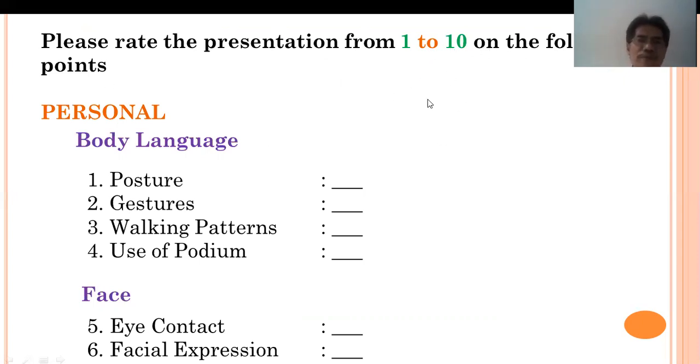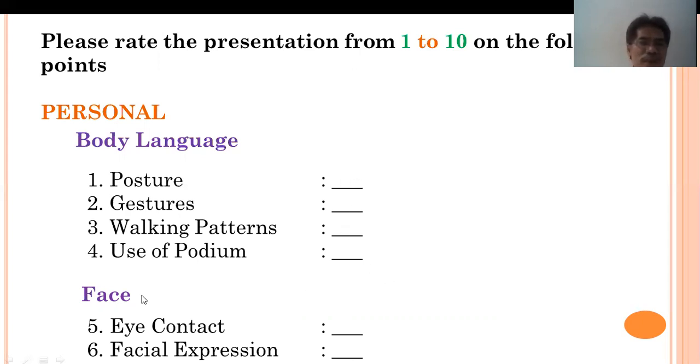So for example, if you think that the posture of the presenter is good, this is rating other people. You can provide a score of 10, or probably 9 or 8, it's up to you. What about the gesture and walking patterns? Do you think that the presenter always stands in one place and doesn't want to move from one area to another? You think about using a podium and the like, how to use the podium, so you have to give a score